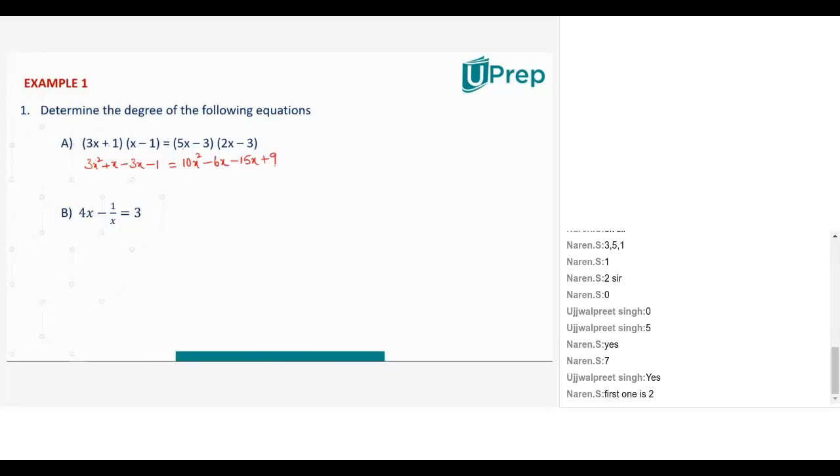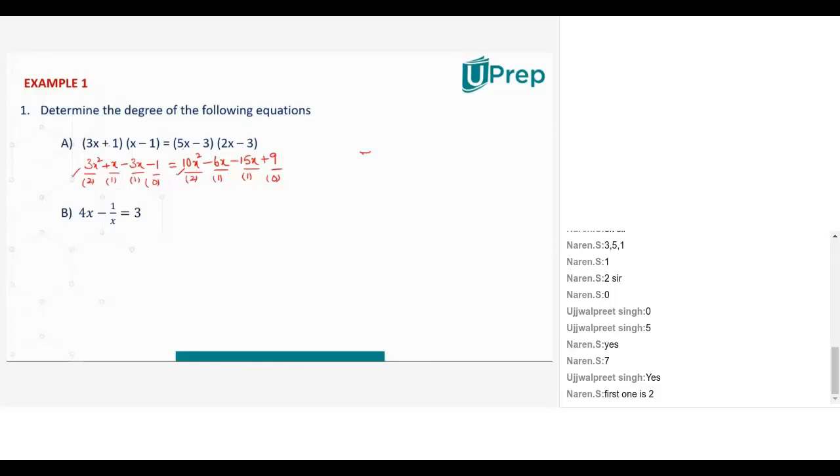Now I'm not finally simplifying this equation, but if I observe, there are different exponents in this. There is a second degree term, first degree, constant, so 0 degree, and second degree, first degree, and 0th degree. And the second degree terms are going to remain, because on the left hand side I have 3x square and on the right hand side I have 10x square. So even when I bring all of them to one side and make it a single polynomial expression, still there will be an x square term remaining, right?